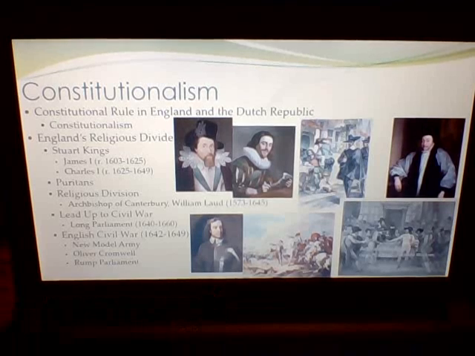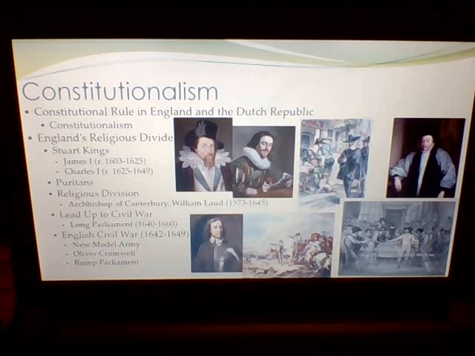But here's the thing. Now Parliament members have learned their lesson. When they come back to office here in 1640, they're not going to let it go. This Parliament's going to refuse to stop meeting, even though Charles later will try to disband them again. This is going to be referred to as a Long Parliament. So it's going to last from 1640 to 1660, where essentially the same members constantly meet and don't stop meeting. So this is referred to as the Long Parliament, 1640 to 1660.